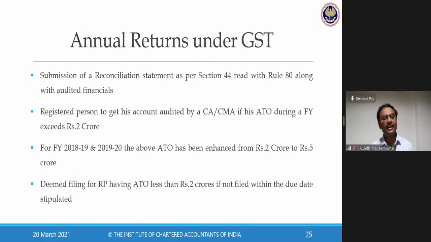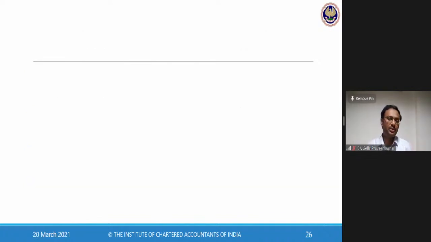Then, deemed filing of the annual return for a registered person with less than 2 crores. Now, this provision on annual return says that, look, any assessee whose aggregate turnover is more than 2 crore, filing of return is compulsory. So what if the registered person's aggregate turnover is less than 2 crore? Then there's a provision saying that it is deemed that the assessee has filed the annual return if he has not filed the return within the due date. That means the government said we don't want to burden the small time people. If they have not filed their annual return, I presume that it has been filed on the due date. For whom? Whose aggregate turnover is less than 2 crores.